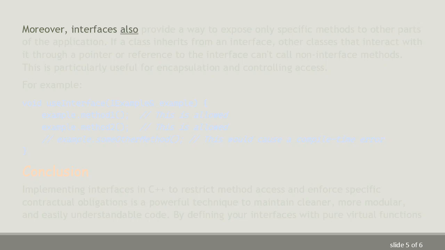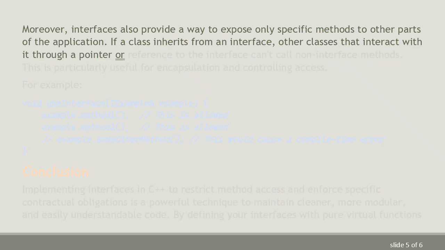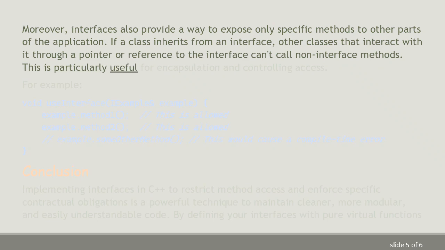Moreover, interfaces also provide a way to expose only specific methods to other parts of the application. If a class inherits from an interface, other classes that interact with it through a pointer or reference to the interface can't call non-interface methods. This is particularly useful for encapsulation and controlling access. For example,